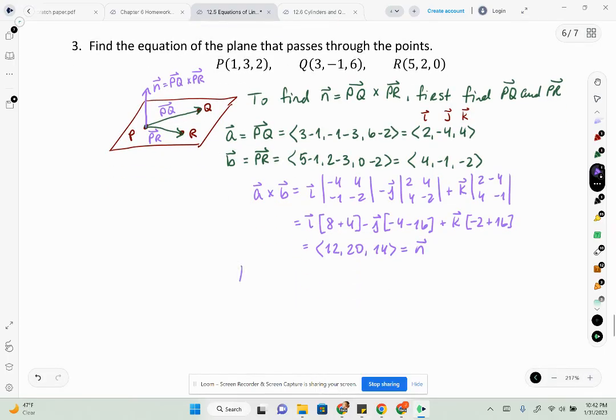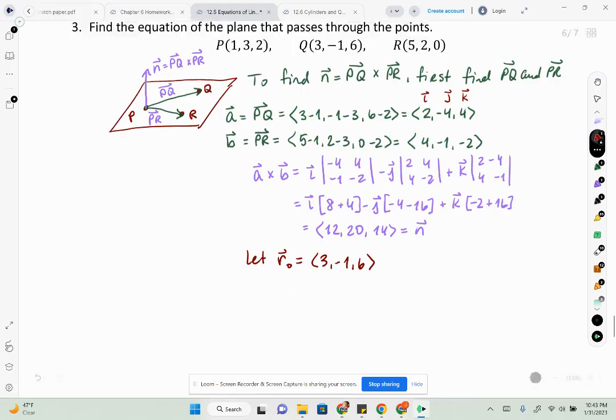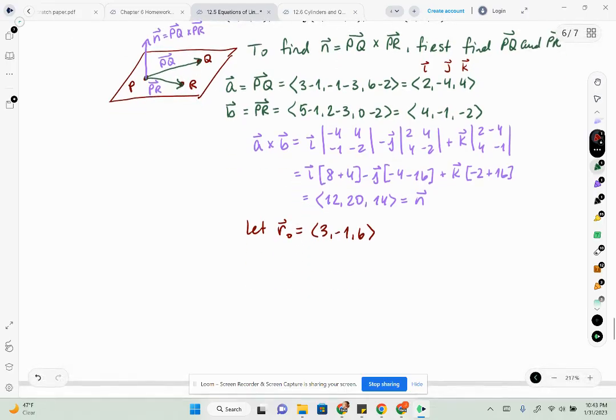And then I'm going to let R naught, let me change colors here. I'm going to let R naught, I don't know, I'll just choose it to be Q. All right, so we'll be at 3, negative 1, 6. Again, you could choose P or R or Q. Doesn't matter. They all work. So now the vector equation of our line, or sorry, our plane,